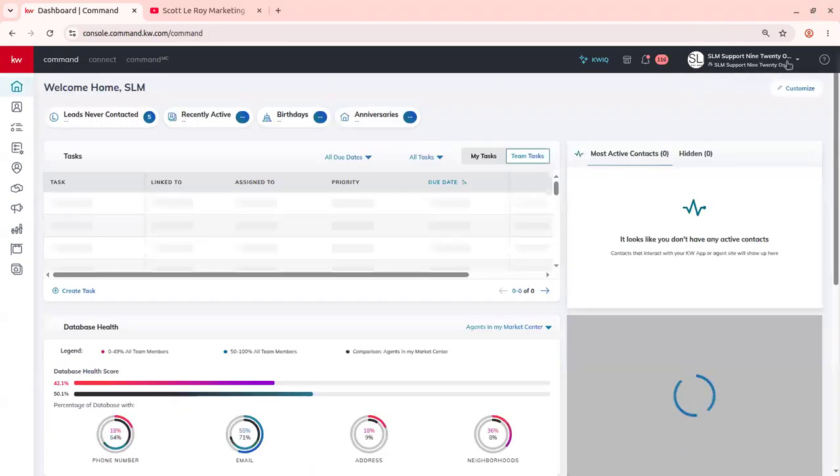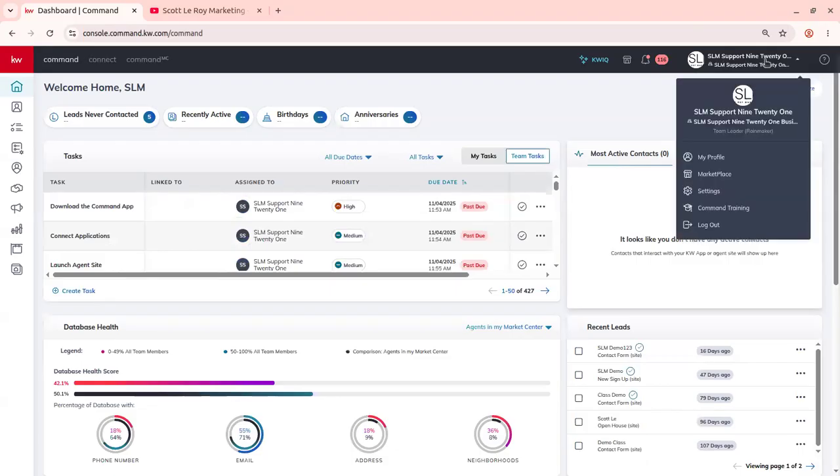Next thing we have is our name here. If we click on that, a drop-down menu will appear. Now, if you are on a team, you will see 2 different accounts here. You'll see one with your team name. And then if you are a solo agent or if you are on a team as well, you will see one that has your name and then it will say business after your name. So that is considered a